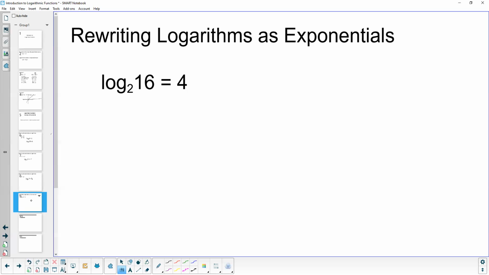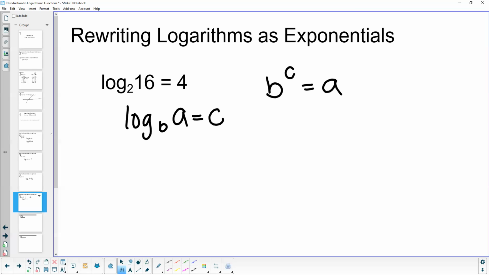So what this exactly here is saying is this log base 2 of 16 equals 4 is asking me how many times do I need to divide 16 by 2 to make it equal 1? Or in other words, how many times do I need to multiply 2 to make it equal to 16? So because of that, what we do when we rewrite logarithms as exponentials is, remember, if this is log base b of a, that's going to be equal to our c. Well, when it comes to writing it as an exponential, we are going to have our base to the power of our c is equal to a,